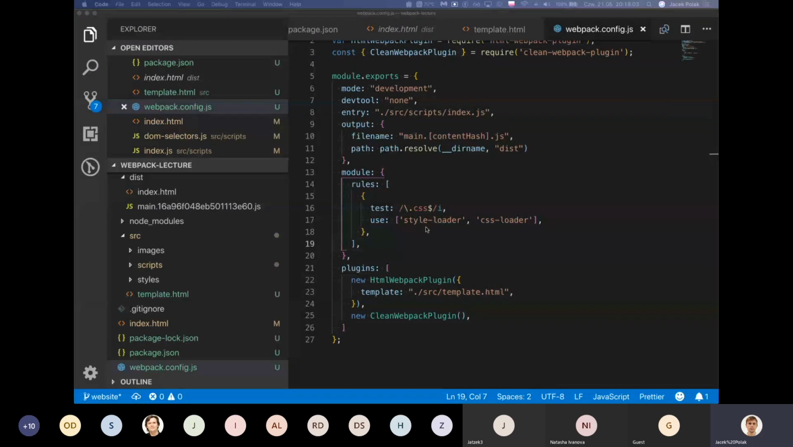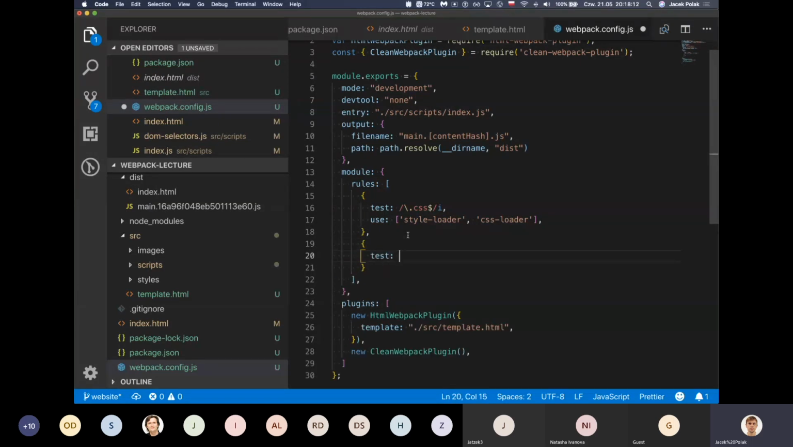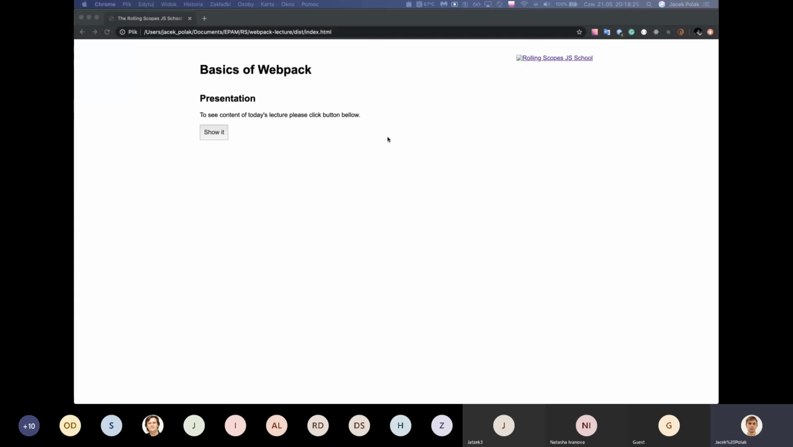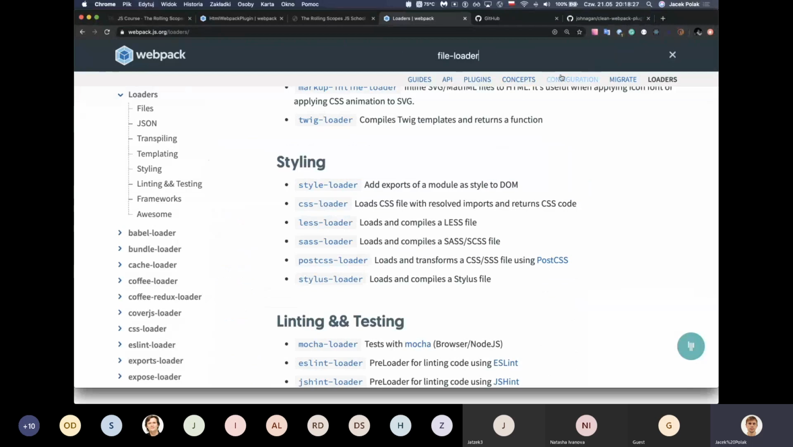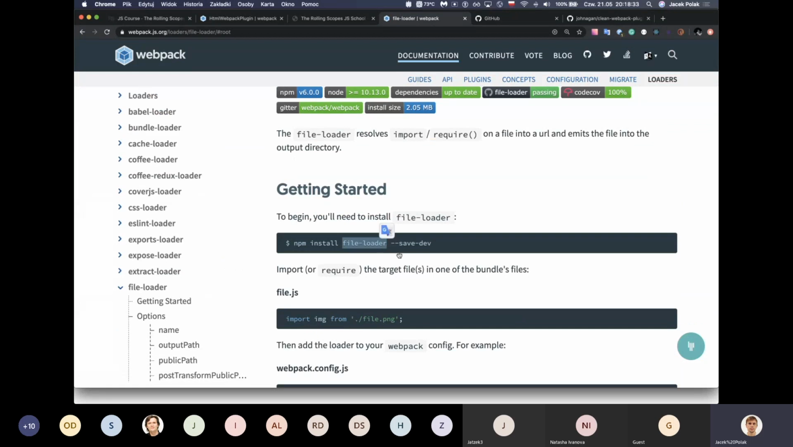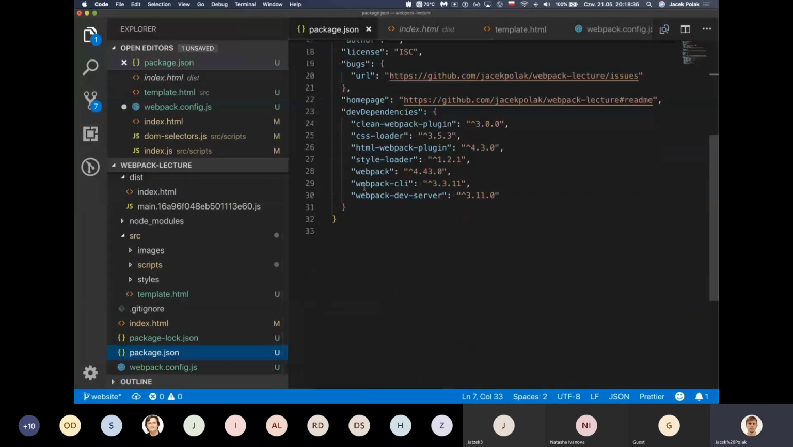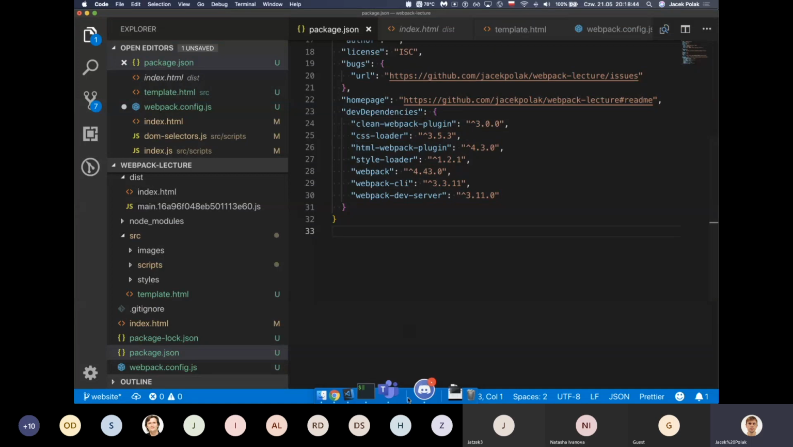So what I would like to do right now is to fix our images. For the rules, I would like to add a test, and I will just copy paste from our file loader. File loader is in the documentation for sure, so let's go to the documentation. It's file loader here. Yeah, so let's check if we have it already installed in our package JSON. CSS loader is there, so file loader still needs to be installed. Okay, great. So we are copying that,